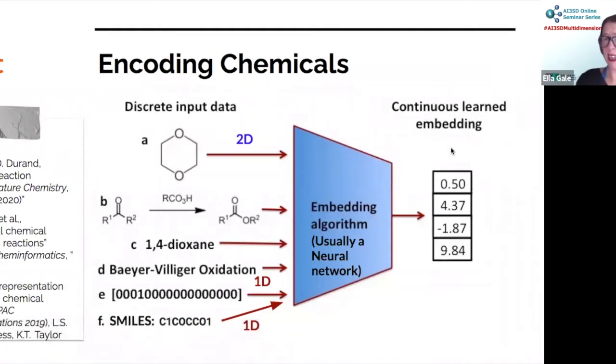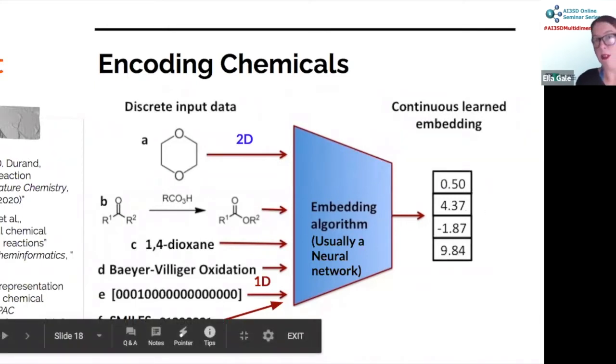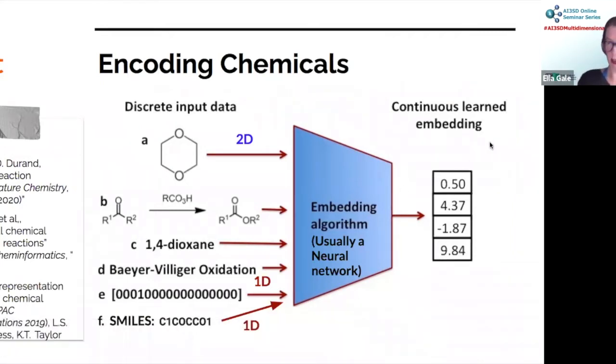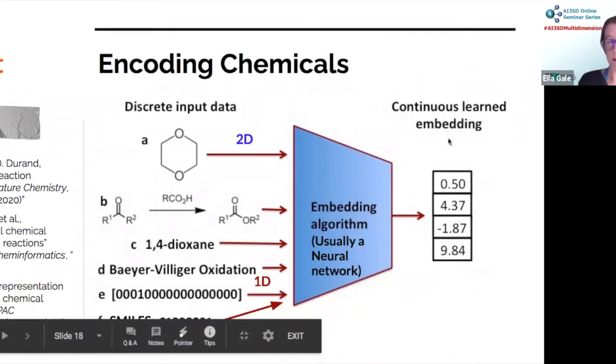Now, if you're thinking, what would you do with that? Say you were training a neural network to predict something, these numbers would then go to that prediction. Or if you were interested in making something like, so you've got a set of reactions, you want to try and find some other reactions you haven't looked at, you might explore this space here, okay?